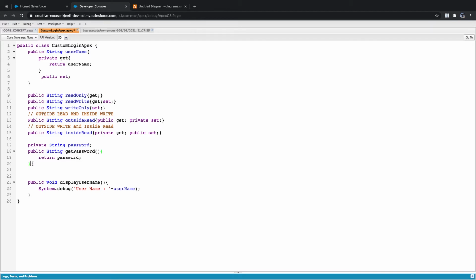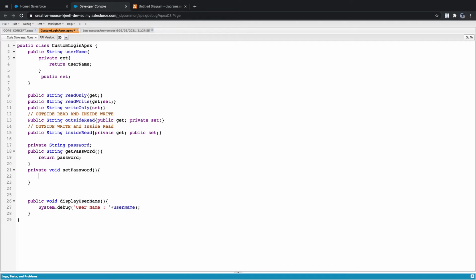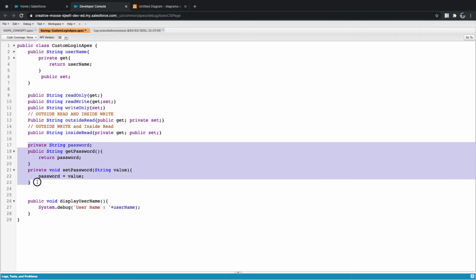And if it is only inside write, then I'll say private void set password, equal to, here I'll define my value, string value. What is this here? What are these?